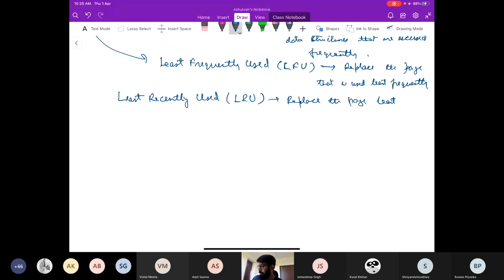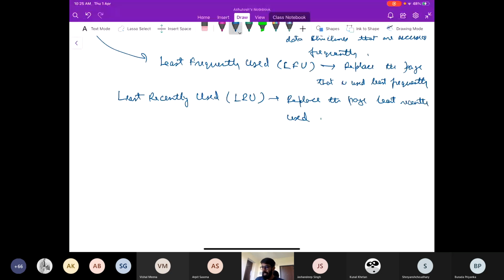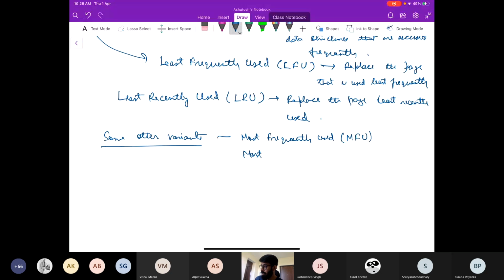So these are the two variants of this history part. There are some other variants also, like most frequently used, or most recently used,